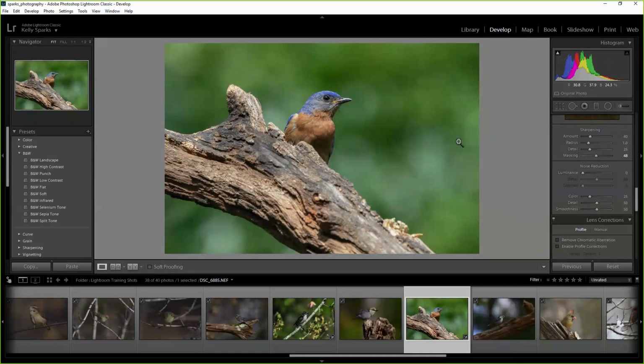I don't know if there's any fact behind that or an actual study or anything, but I have noticed that if I click the luminance past the sharpening amount, it tends to really take away from the sharpening of the shot. So I want to try to keep it there generally. I will rarely go over 20 on my luminance, and then really with detail,